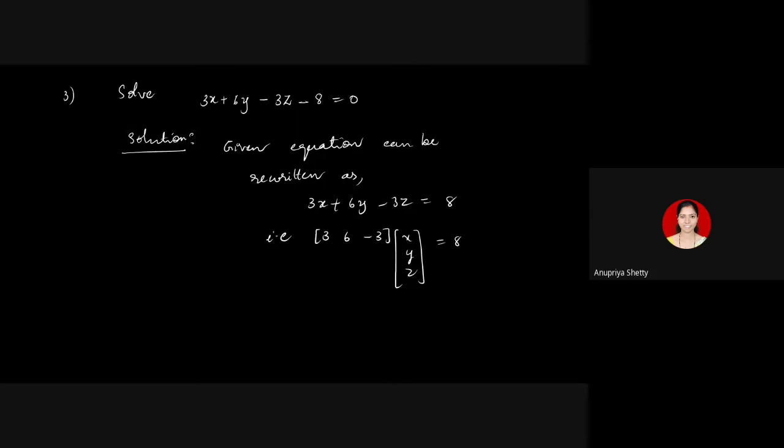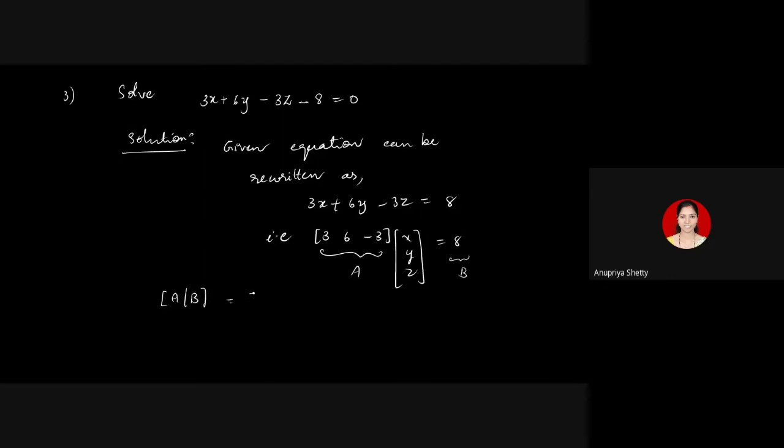All this work is not required. Remember that you can directly solve it. I'm trying to analyze the problem, the previous proposition as I told you. So here, what is the matrix A? A is just this row matrix, 3, 6, minus 3. And B has only that one entry. It's like a 1 by 1 matrix. This is B. And how do you solve? Usually, what is the method? I have to go for the augmented matrix AB.